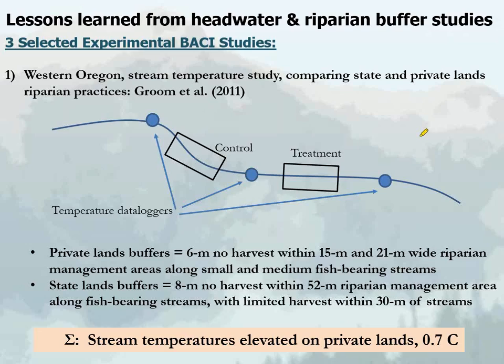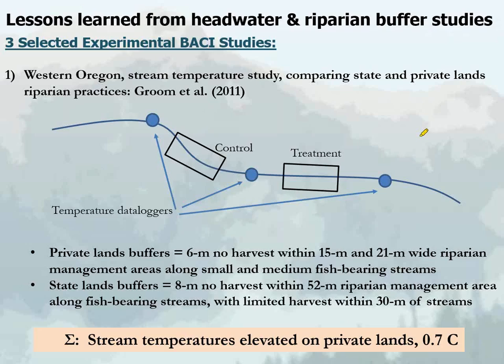And so it says 3. I actually have 4 experimental studies I'm going to talk about here. The first one is by Jeremy Groom, and he was looking at water temperature. So we're switching from an animal focus to a habitat attribute focus. And he compared the water temperature in reaches with a 6-meter no harvest within a 15-meter and 21-meter wide riparian management area